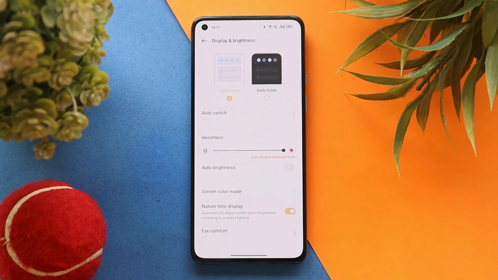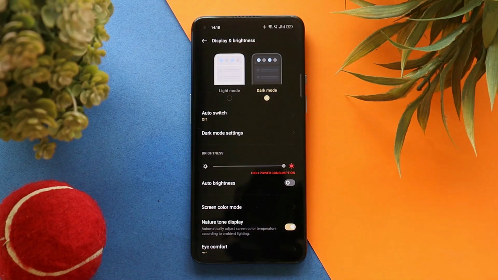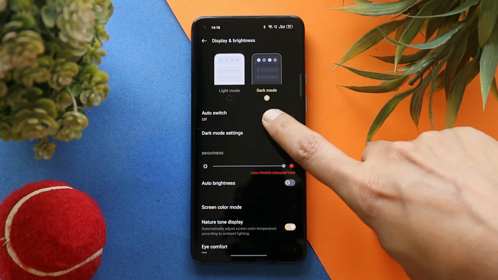And sorry guys, in our previous video of Oxygen OS 12, I completely forgot to mention the new add-ons done to dark mode. But let's talk about the same topic in this video, because both the OS have exactly the same dark mode. So here you can see most of the OnePlus users were not happy about the dark mode present on Oxygen OS 11, because instead of that pitch dark theme, we used to get this grayish color.